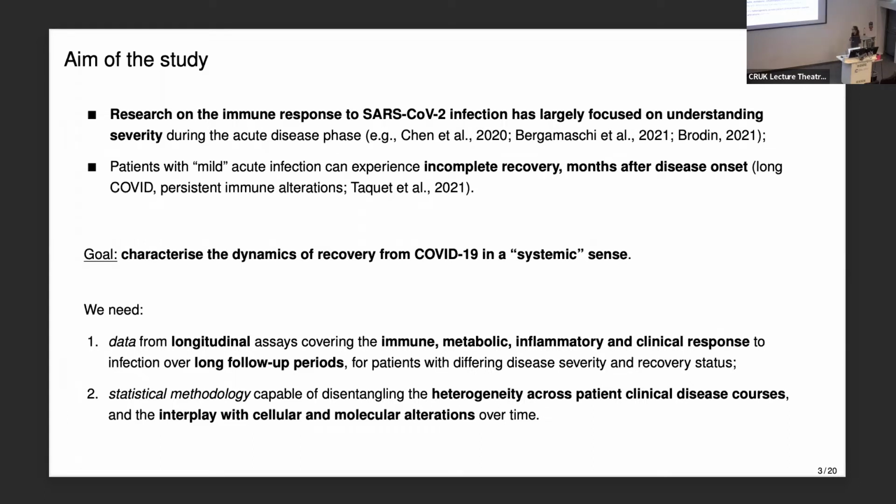And so clearly it's not easy to gather such a wide spectrum of data for the same patients, and it will take months by definition, simply, right? So this is the first point. And the second point is that